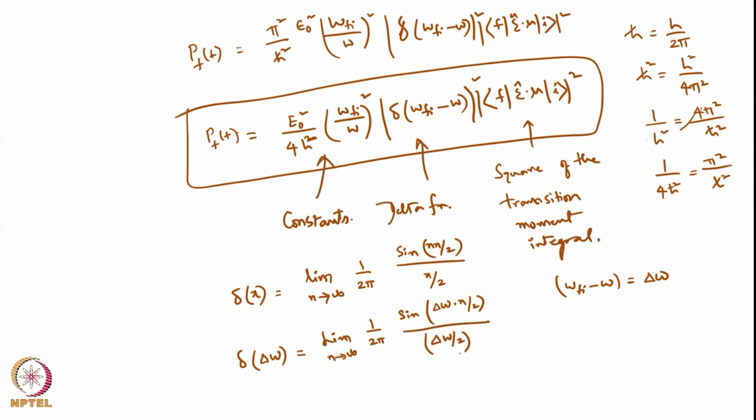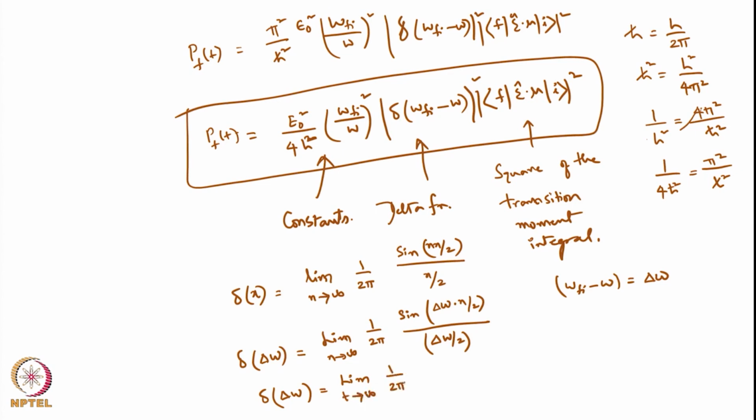Okay. Now, but what is your n here? N is just the time. So I can still rewrite delta omega as the limit t tends to infinity of